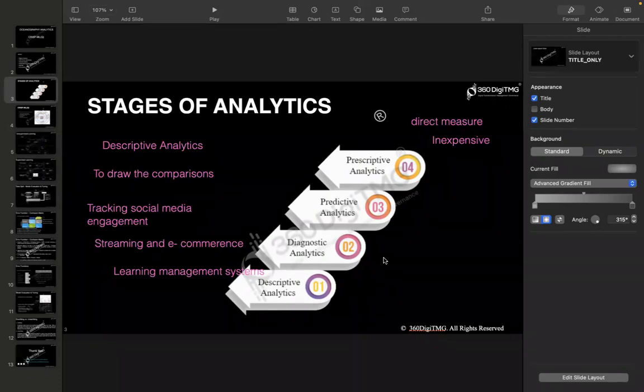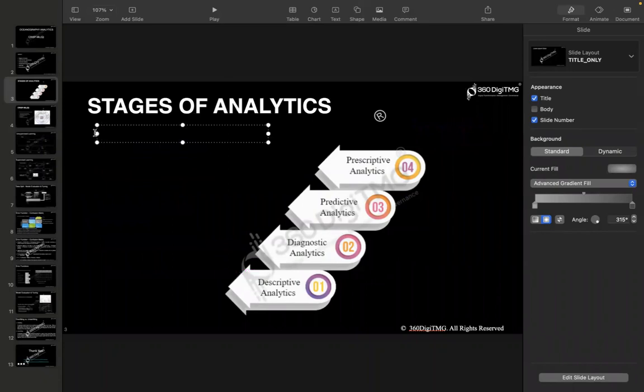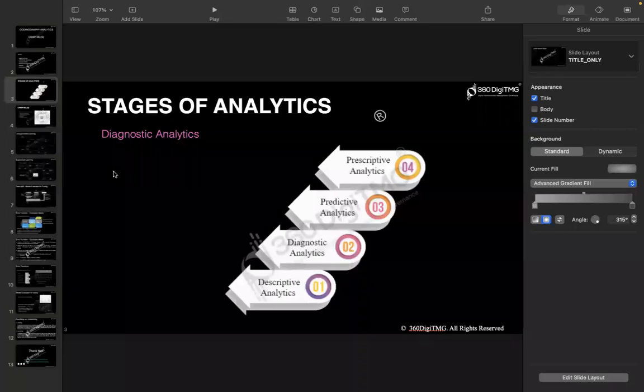So next we have diagnostic analytics. Diagnostic analytics is a form of advanced analytics that examines data or content to answer the question: